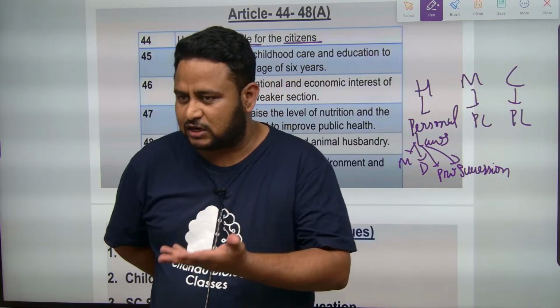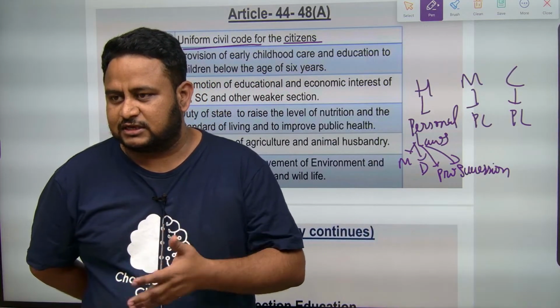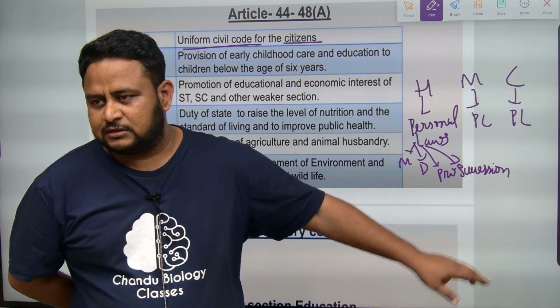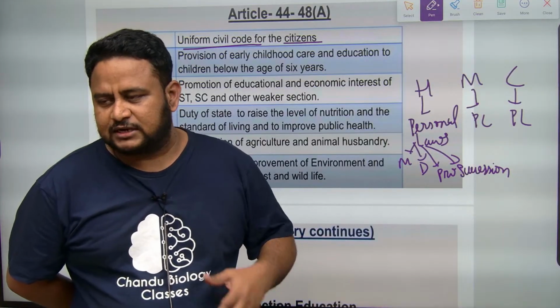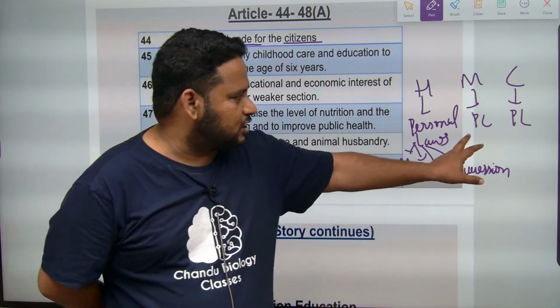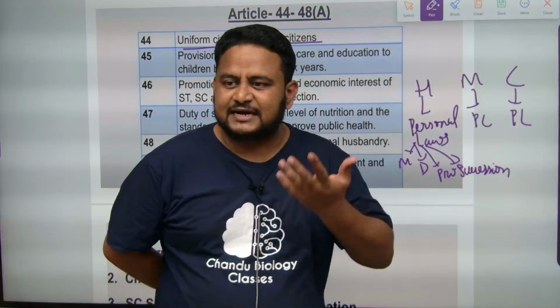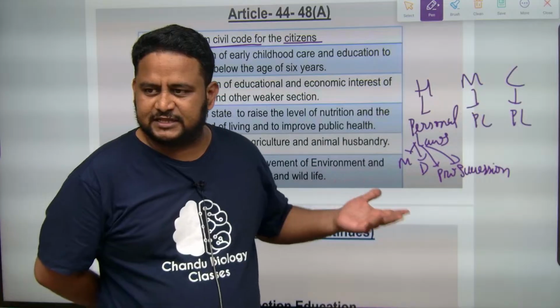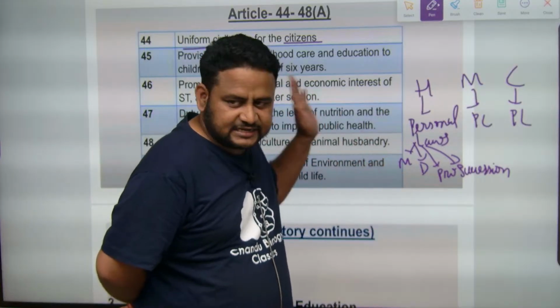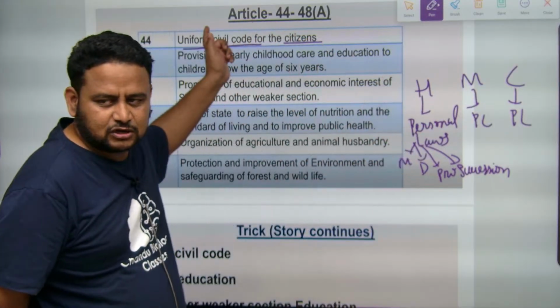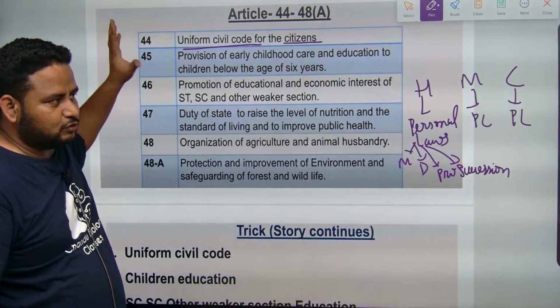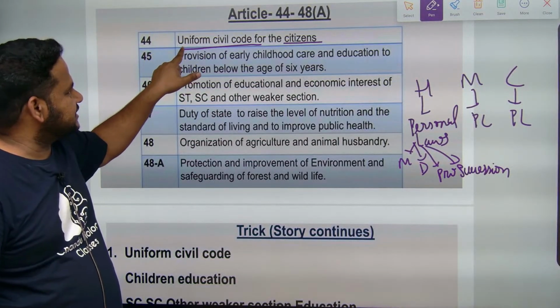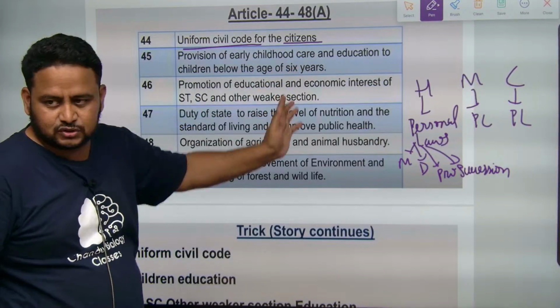That was made unconstitutional, so that is removed. Some personal laws are derogatory or against human rights, so such personal laws should not be there. What the state is saying is, in the original constitution itself, not by any amendment, they were saying there should be a uniform civil code for the citizens, so that every citizen is